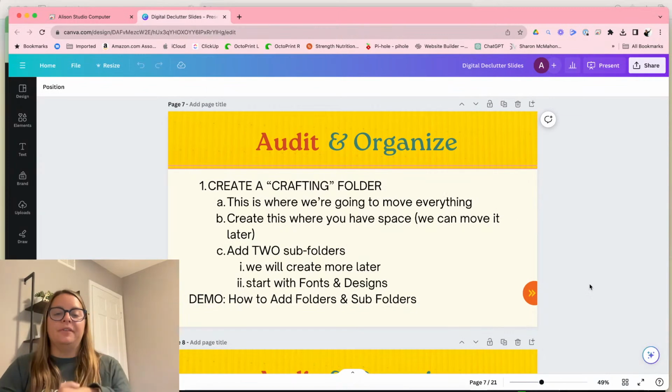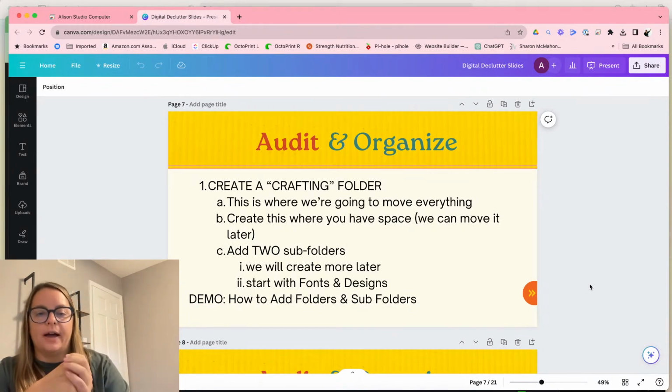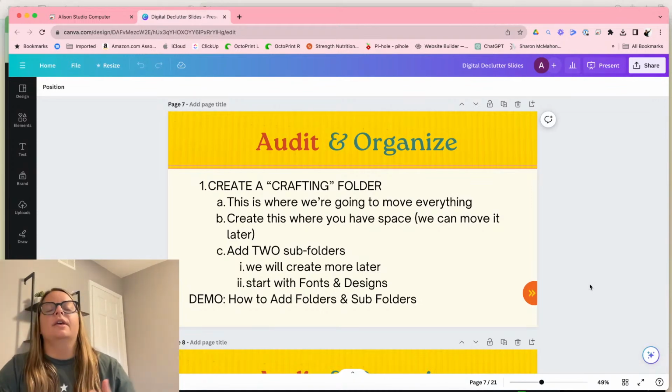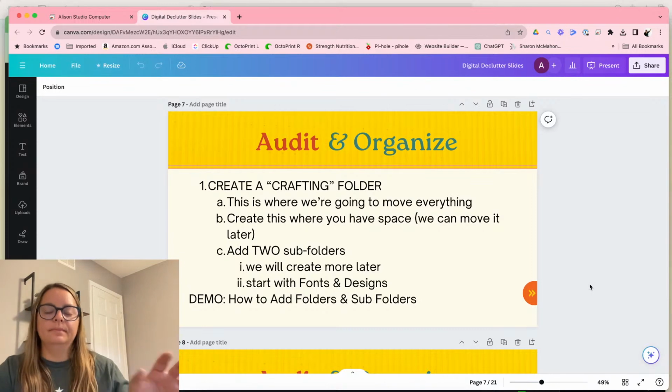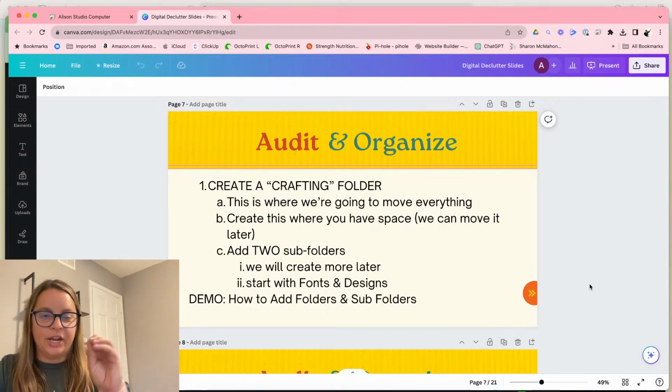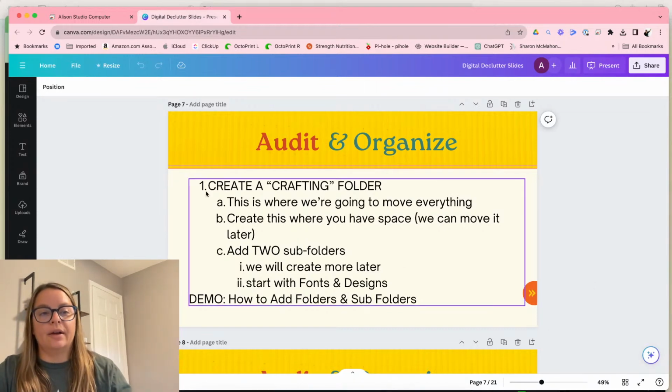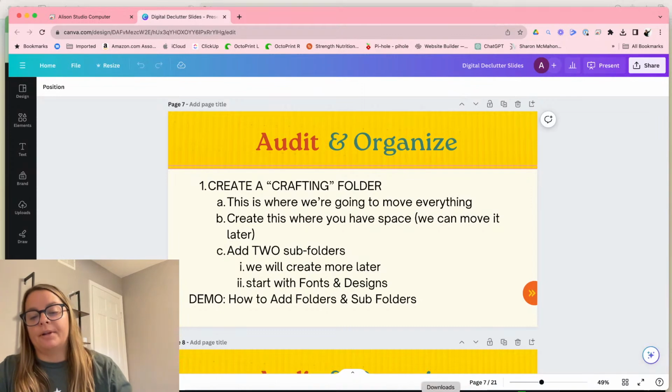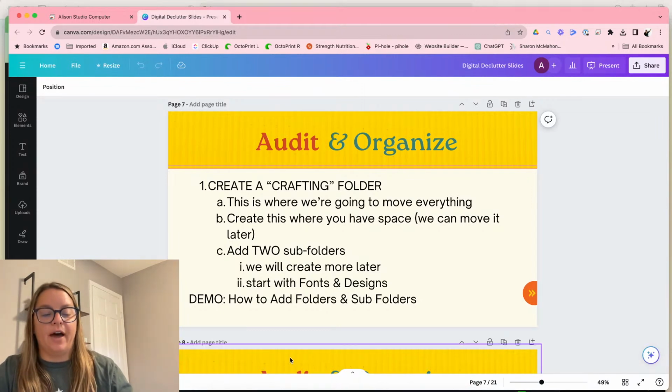So we need to figure out where you want your files to live. If you want them to live on your external drive, if you want them to live on your desktop, whatever you want. We can change our mind later, by the way. But right now I need you to decide where you're going to create a folder. I am going to create a folder. I'm going to do it on my Mac. That doesn't actually have any of my files, but